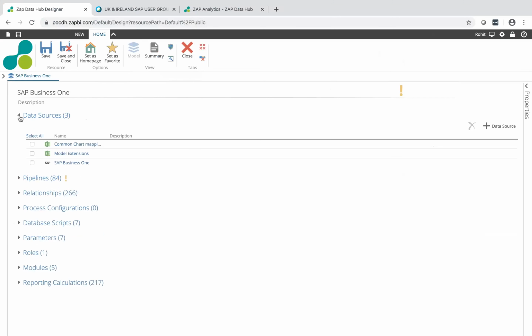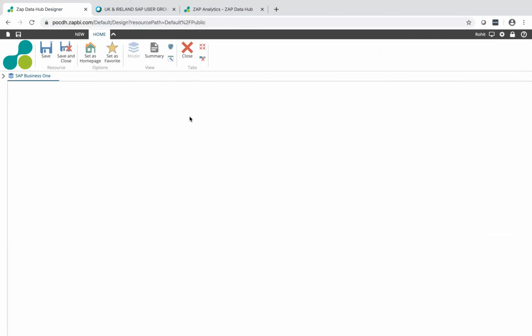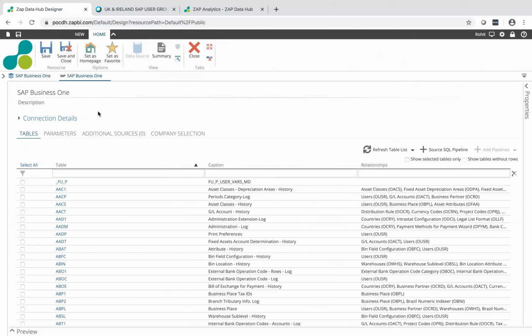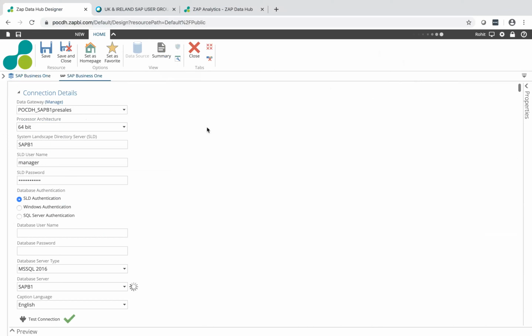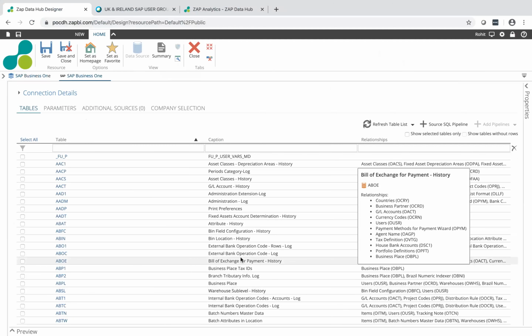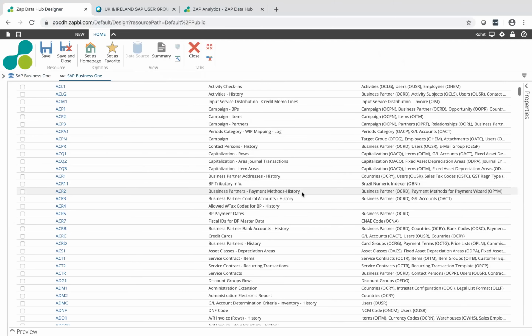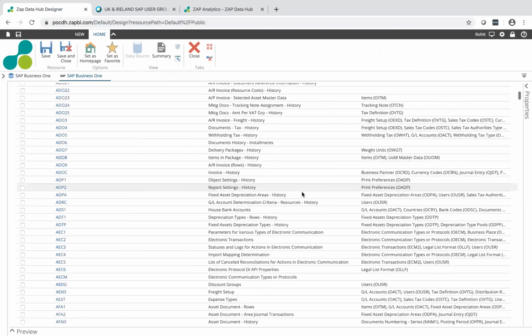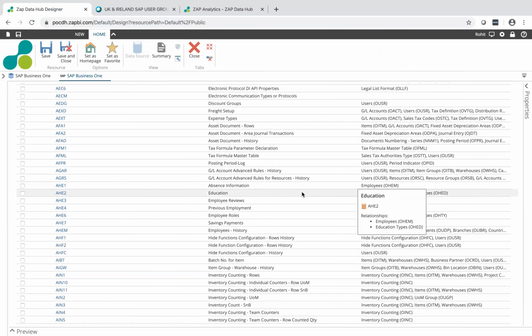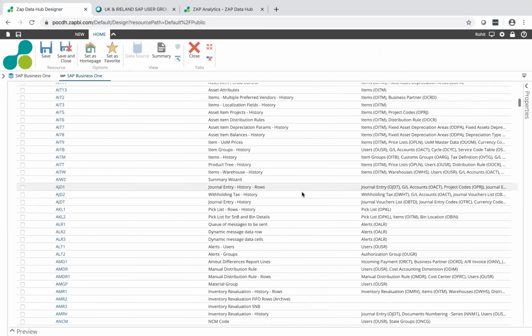So if I open the source, if I click on SAP Business One, that's the first thing you'll get, which is the connection details. So I've made the connection. This is my gateway. Those are my credentials. Tested the connection. And what happens next? This is what happens. I get access to all the tables, all the metadata behind those tables, and any customizations. So if I scroll down, you can see my scroller on the right-hand side, it brings everything. There's probably 1,000, 2,000, 3,000 tables in SAP Business One, but it will bring in everything, all the tables. And this is your staging area.